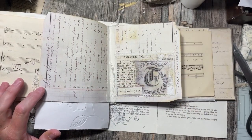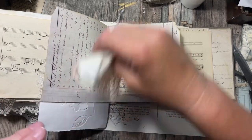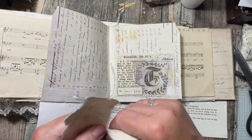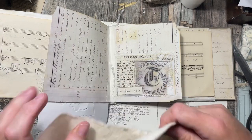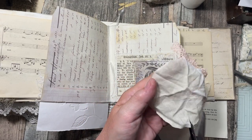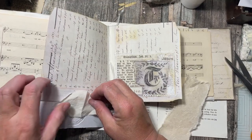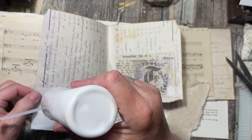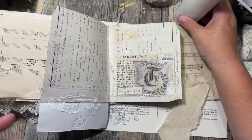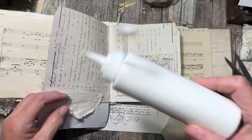So let's just take a piece of paper to give that some strength, to keep it from ripping when it's so thin. So I'm going to use part of this down here, so it's getting some textile, just to hold it and to not rip. This won't be seen, so